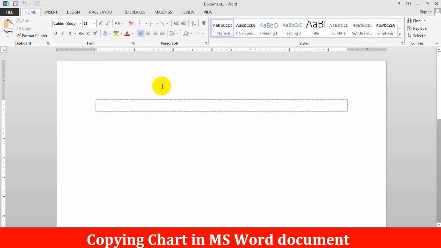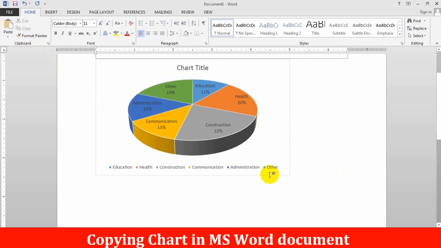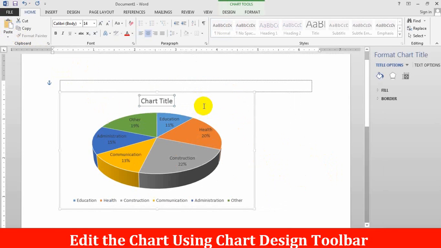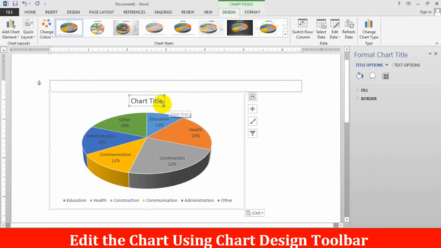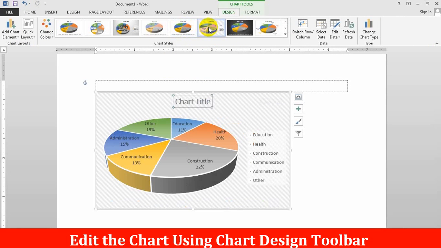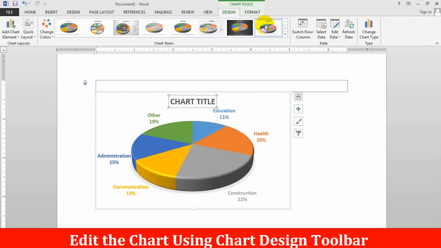Now click on the paste option. Now the chart has been inserted in Microsoft Word. You can just double click on it and get the same chart design window, from where you can change to more styles again. See which style you want.